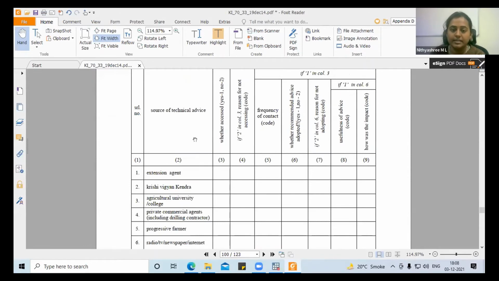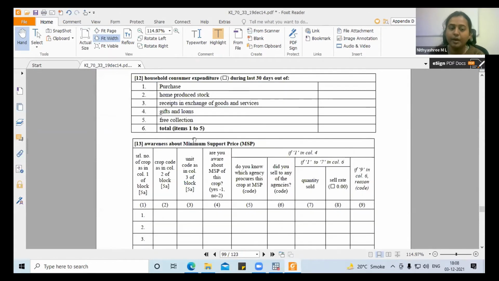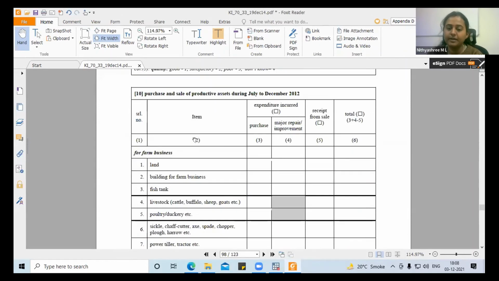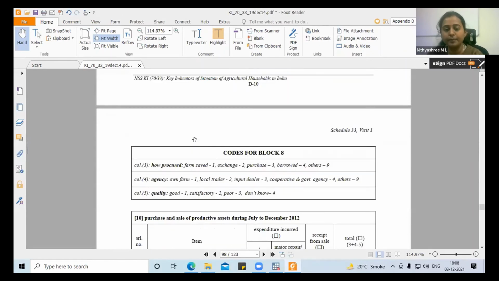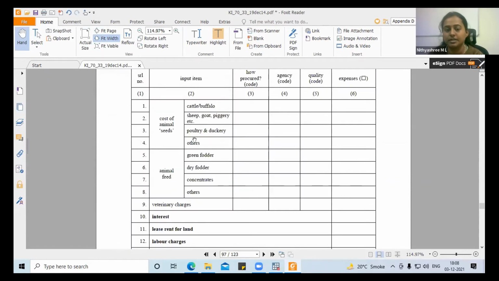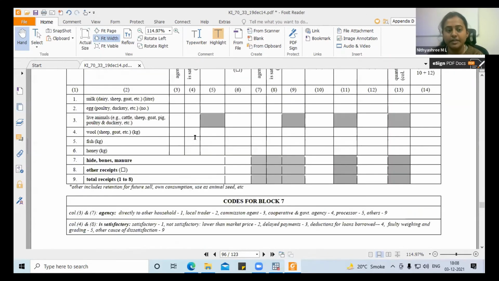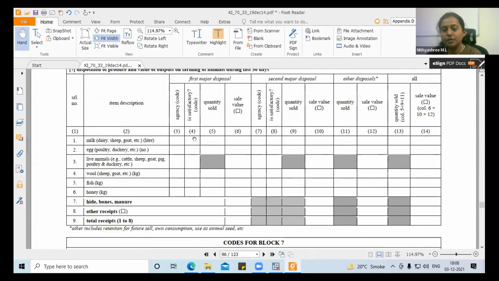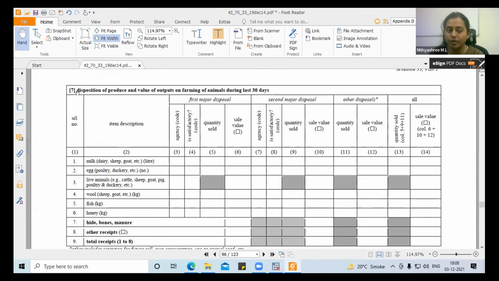So this is the schedule. You have to go through each and every variable and understand it properly. After understanding this, you will be able to notice which variables you are interested in. Suppose you are interested in livestock products, then go to block 7.